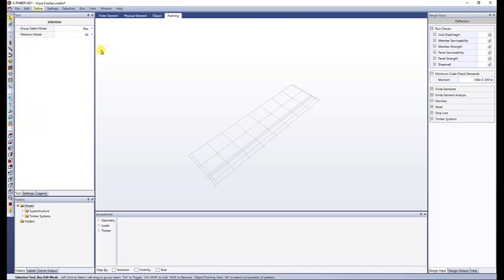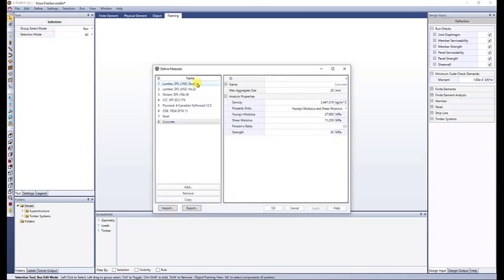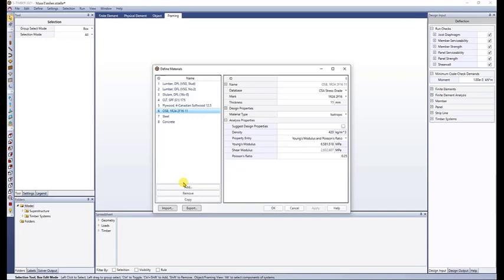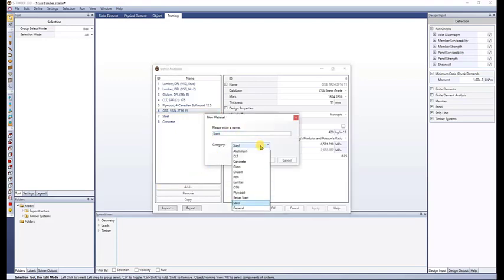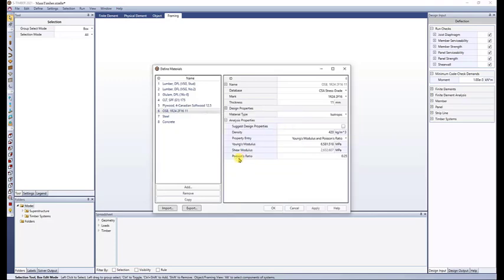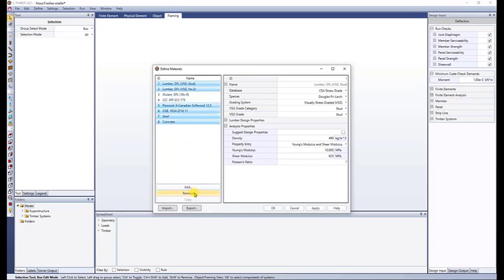For this example, I require defining 3 different materials and 3 different sections. Let's start with the materials. If I go to Define, Materials, you can see all these different materials, which are the default materials. You can see the properties if you click on each one of them. You can add new materials, select from the different categories, and then change the properties. You can remove materials that you don't require. So I'm just going to hold Control and click the ones I don't need, and then click on the Remove